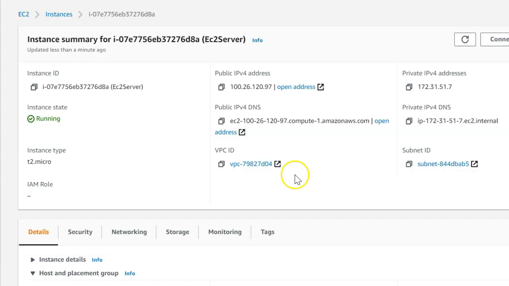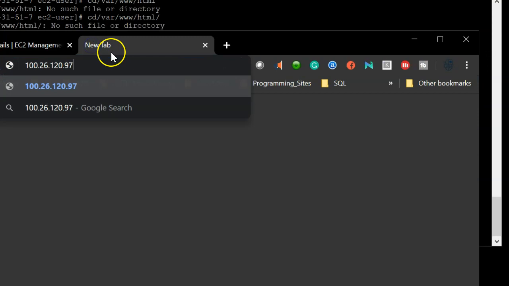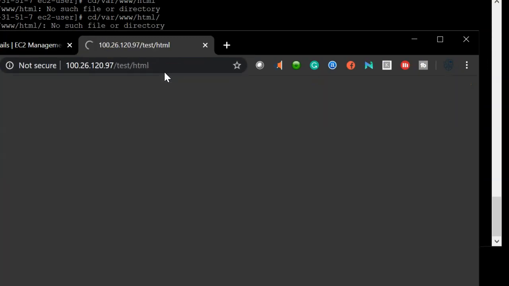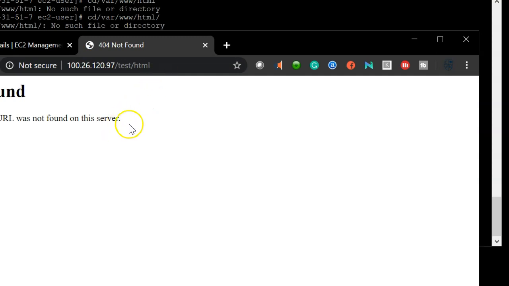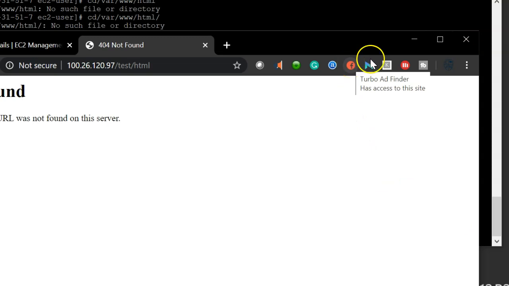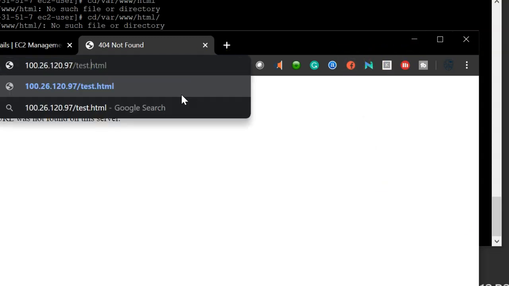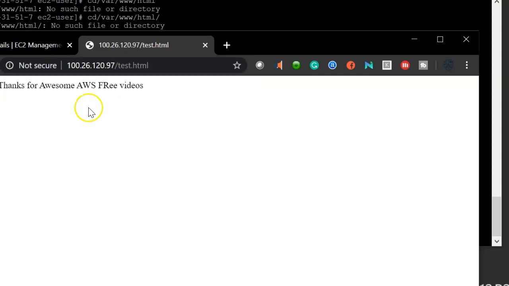So now let's go back to our management console and test first if that's going to work or not. That's our public IP address. I'm just going to use the HTML file. It should be... Okay, so it's not found. Give me a second, guys. I think that's again one mistake, and that's why it's saying it's not found. Okay, always the typo mistake.